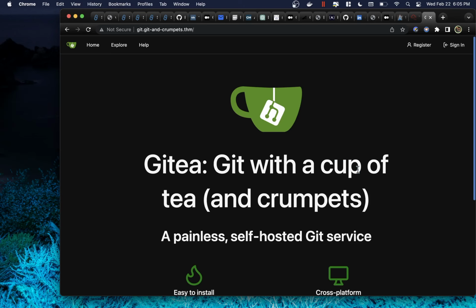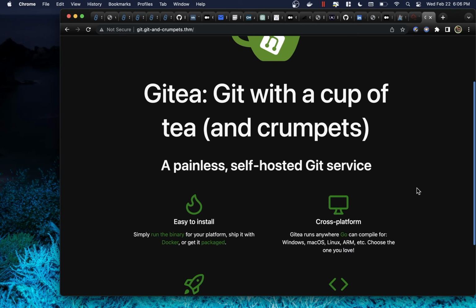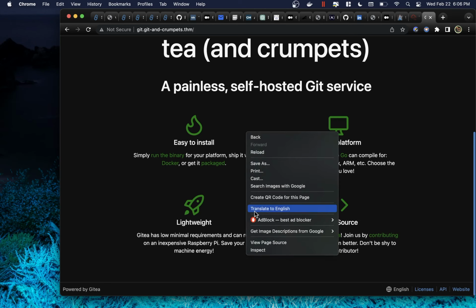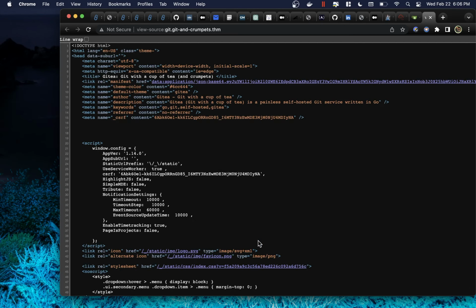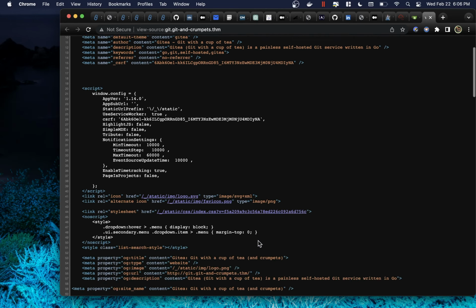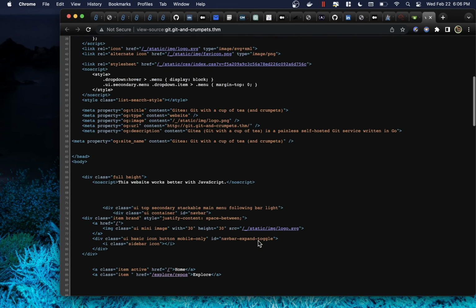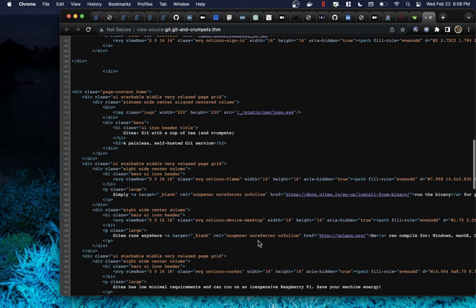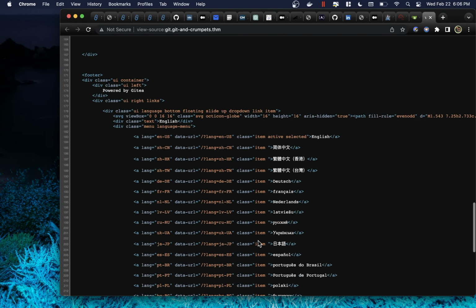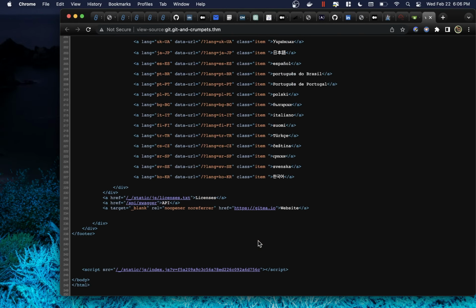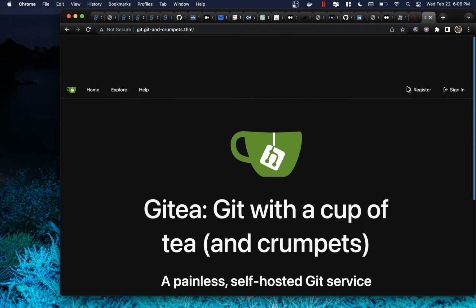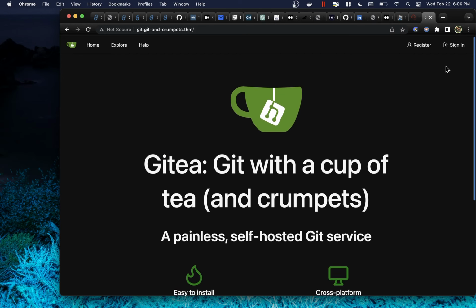Gitea, Git with a cup of tea and crumpets, painless, self-hosted Git service. Okay, I always view the source, looking for clues. And what do we have? I really don't see anything of interest, but it's good to rule out. Now, looks like we have an option to register and sign in. We don't have creds, so